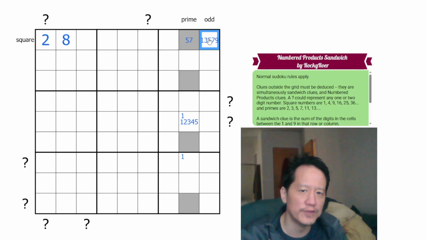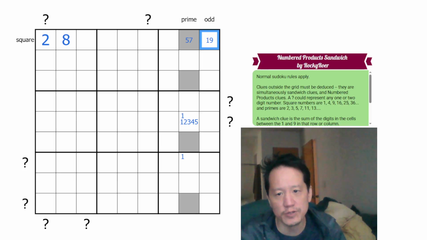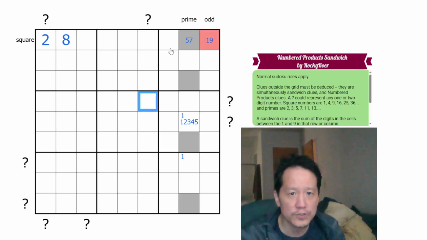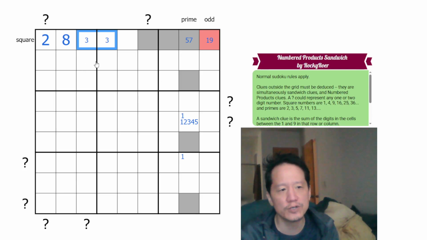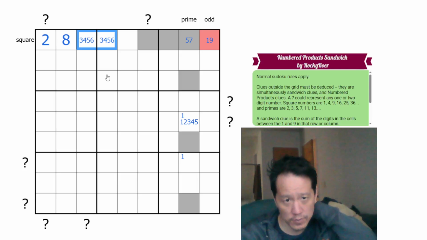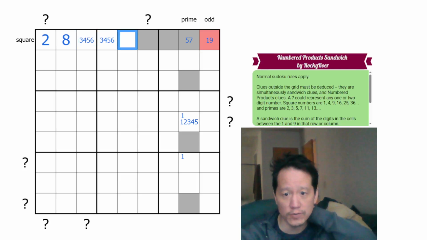So therefore, this must be a 1 or 9 because there's no other way for that to be a non-9. So this has to have 3 digits at least adding up to 1 or 9, and the remaining 2 have to add up to 9. So it's either 3, 6, or 4, 5 here. It cannot be 2, 7, cannot be 1, 8. It can't be 1, 3, and 5 because 1 has to be part of it. So therefore, this must be the other,